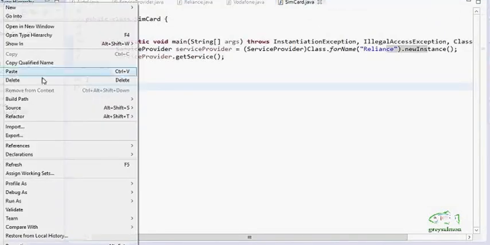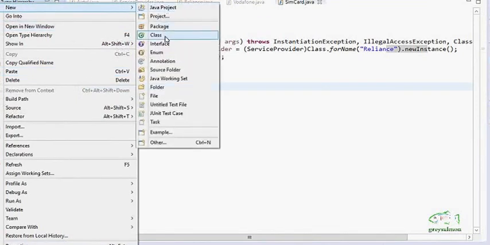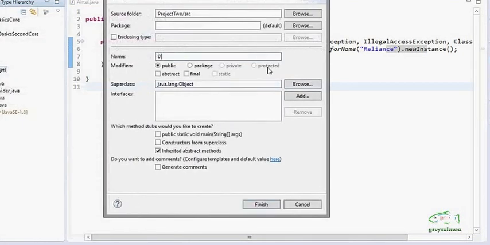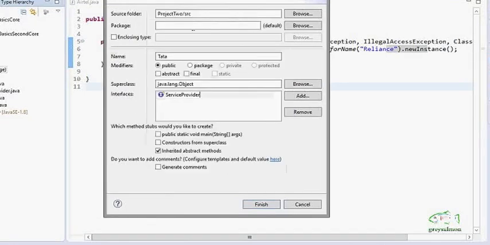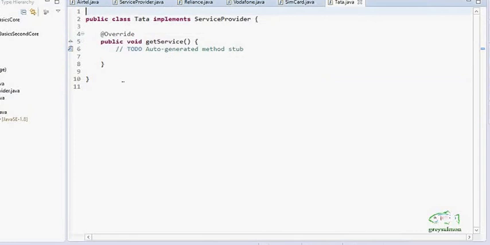Now what if a new service provider has been introduced in the market, like Docomo or Tata? It is necessary that any service provider which has been introduced should implement the service provider interface.